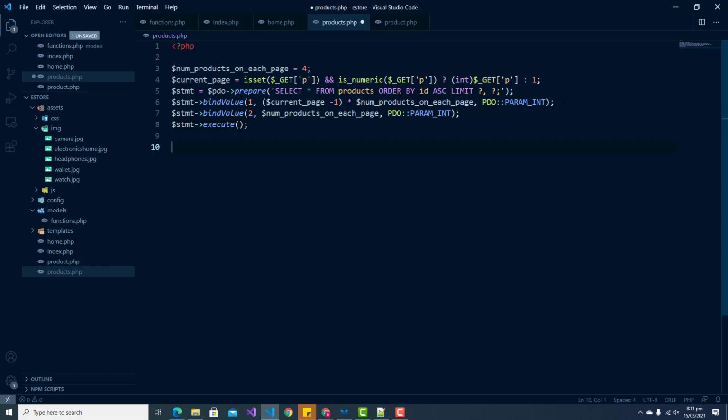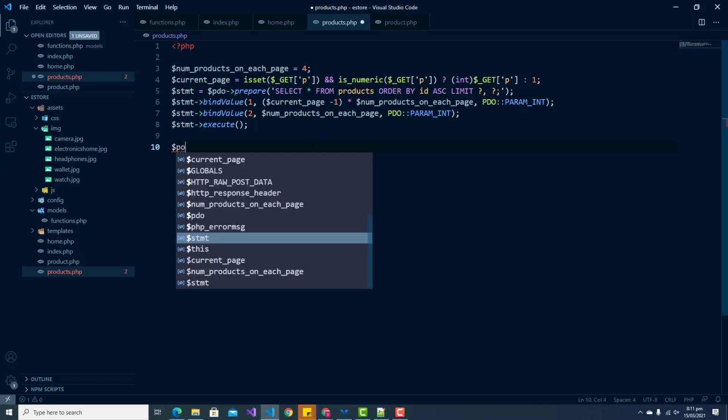So now we need to fetch all the products from the database. So this section has to mainly do with how many products we're limiting, and we want to include some pagination on our pages. So we have to store the number of products on each page and the limit of those products that we're storing. So now we're going to get all the products